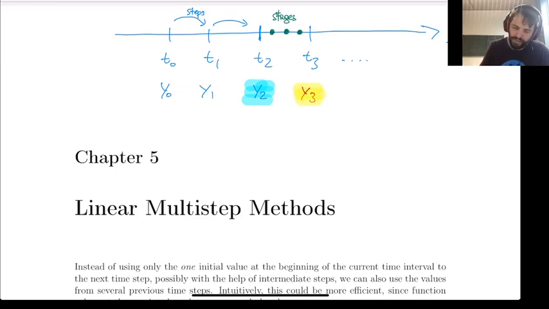So I'm computing... I always forget, G is the stage value here. So I'm computing a G1, a G2, and a G3, for example, in order to compute y3. In order to compute these G1, G2, G3, in the process of doing so, I evaluate f of some t2